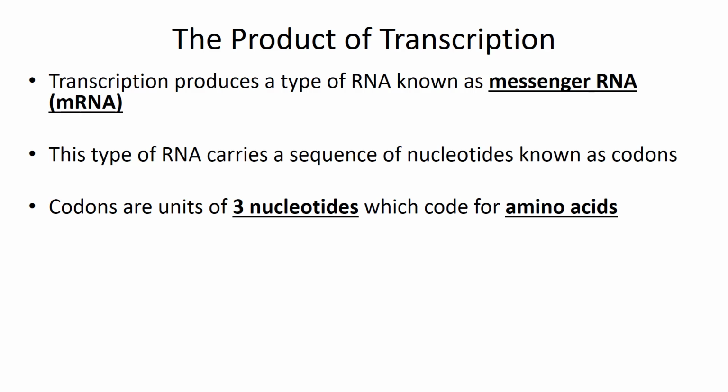So think back to the whole process. We're trying to build protein. What are proteins made up of? Amino acids. So how do we determine in our protein what amino acids we want? We determine what codons we have in our messenger RNA. So as we build the code, we're actually building sequences of codons, each codon being an individual sequence of 3